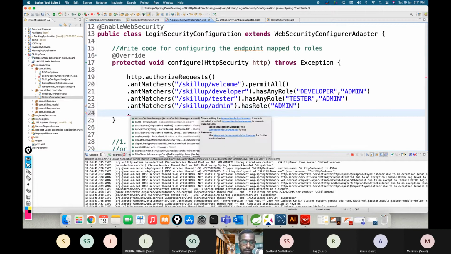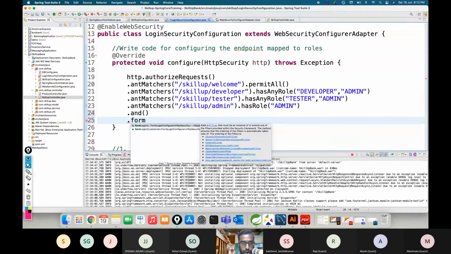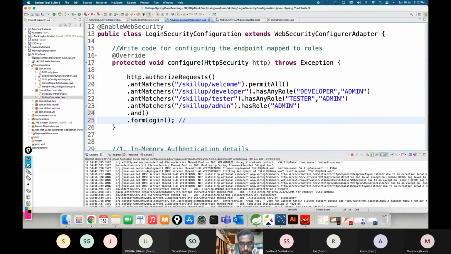The next final thing that we have to do is the configuration part. I'm going to use dot, let's say, form login. It's a form based authentication. Okay, form based authentication, that is what it means. You're getting it? So we have done form based authentication, or it can be, let's say,